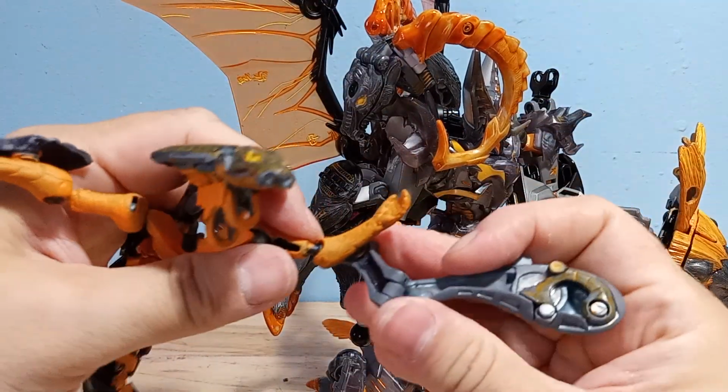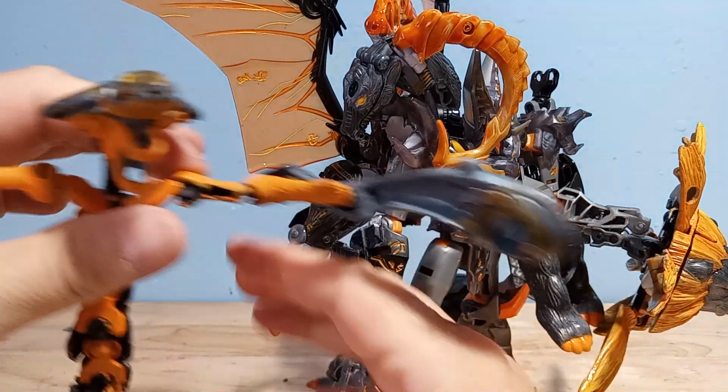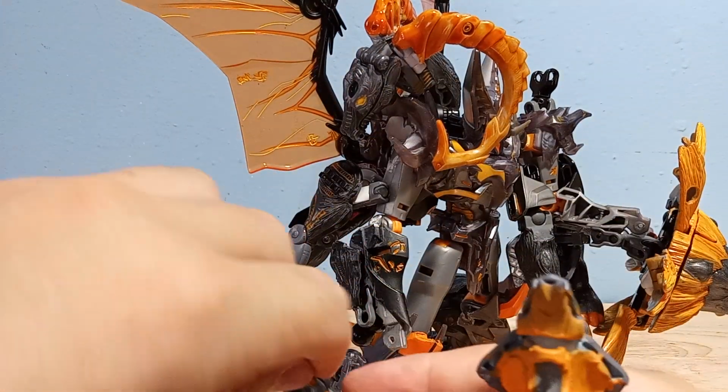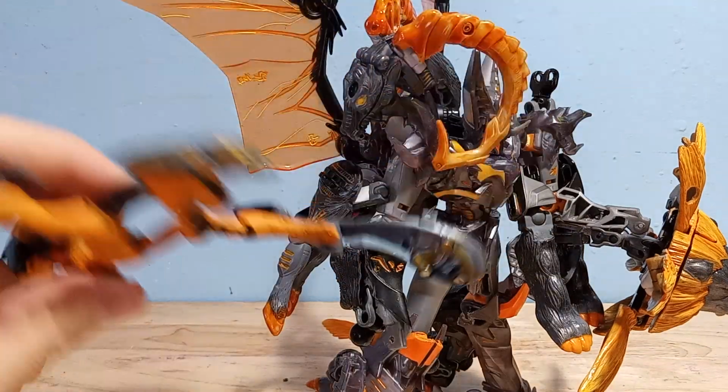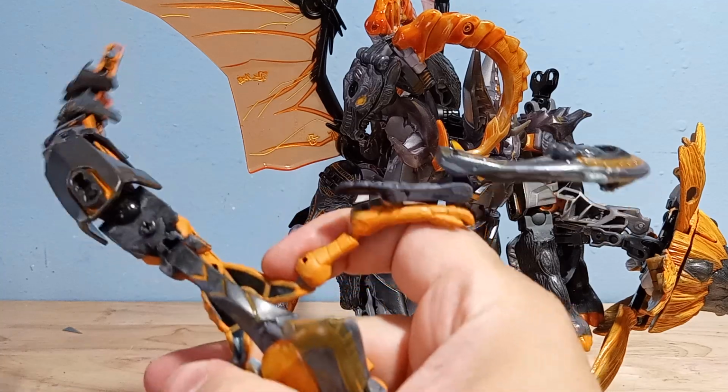I guess this would have been cool if all the robots could still transform into their robot modes, but I disabled pretty much all of them. Otherwise there would be a lot more extra parts hanging around. And you can just have like these,